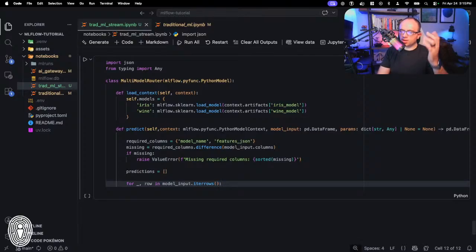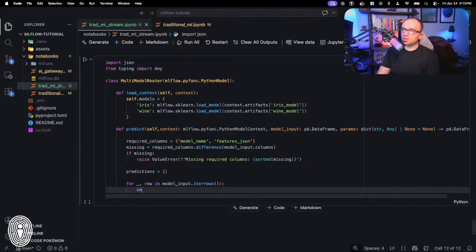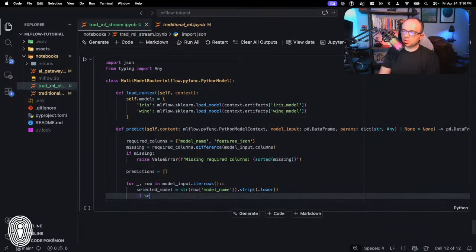If we have multiple records, that's what this is doing. So we're going to say selected model equals str row model name dot strip dot lower. Okay, then if selected model, this is another little piece of input validation, in self dot models.